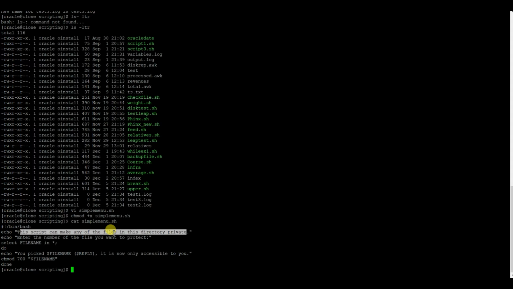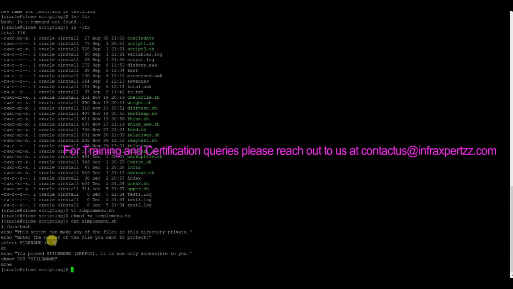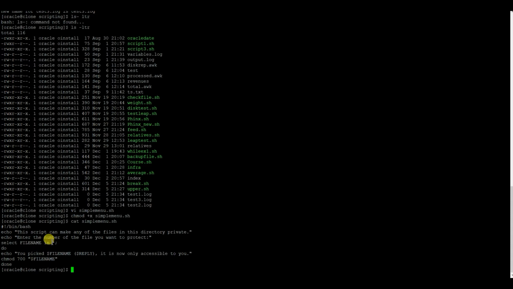It will echo, displaying the output: enter the name of the file you want to protect. Then select filename in star. This means filename is the variable, and in the current directory, pull everything into the menu. After the select statement, it displays the menu. You select an option, after which it displays what you have selected and then changes the permission of the file to 700. And because you did not put break, the loop continues.